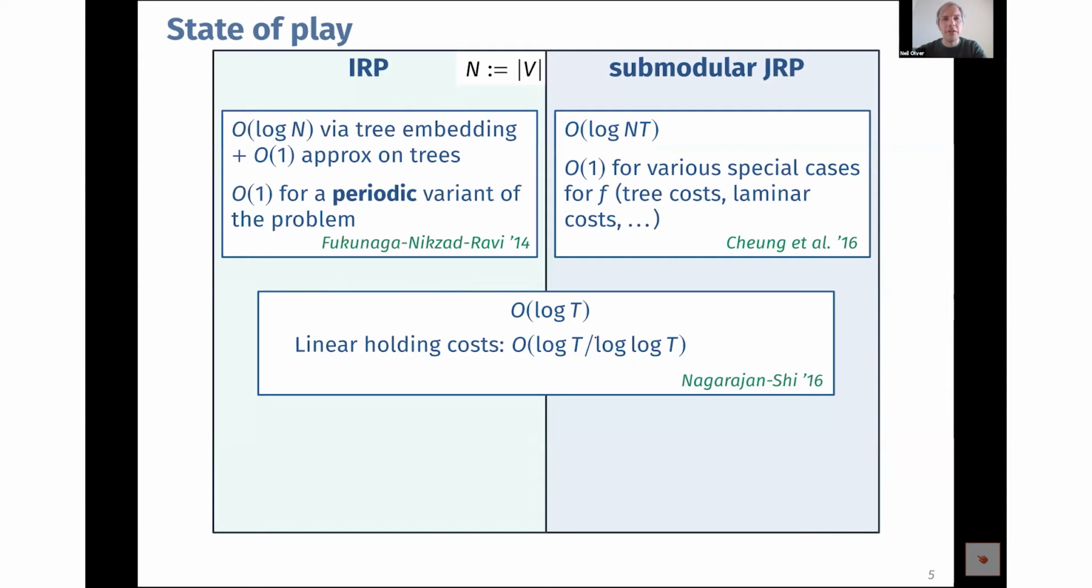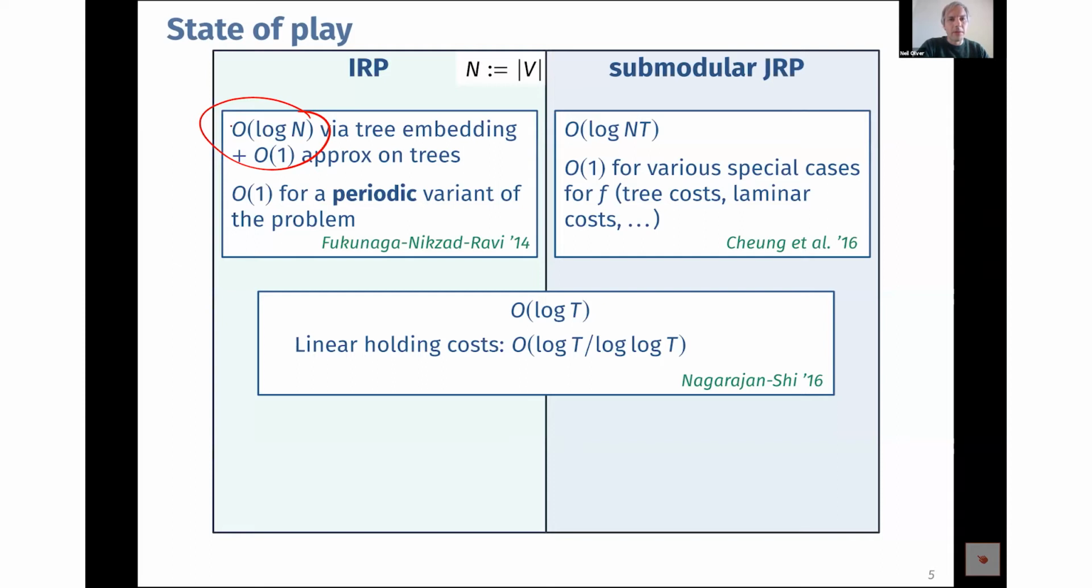So on the left is for the inventory routing problem, on the right is for the submodular joint replenishment problem. Let's start on the left. So one thing that's easy is log n, where n is the number of nodes in the metric space. That's just tree embedding. Plus, okay, one has to be able to solve this on trees. It's not trivial, but that can be done. So that's log n. And then there was also a paper by Fukunaga, Nikzad, and Ravi, where they looked at